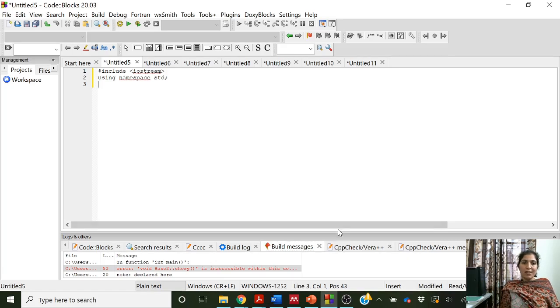So in this programming exercise, we will see the order of execution of constructors and destructors. For that, we will create a base class. Inside this base class, let us have a constructor, Base, and let us print some message here. cout constructing base. Okay, and let us also have a destructor here.